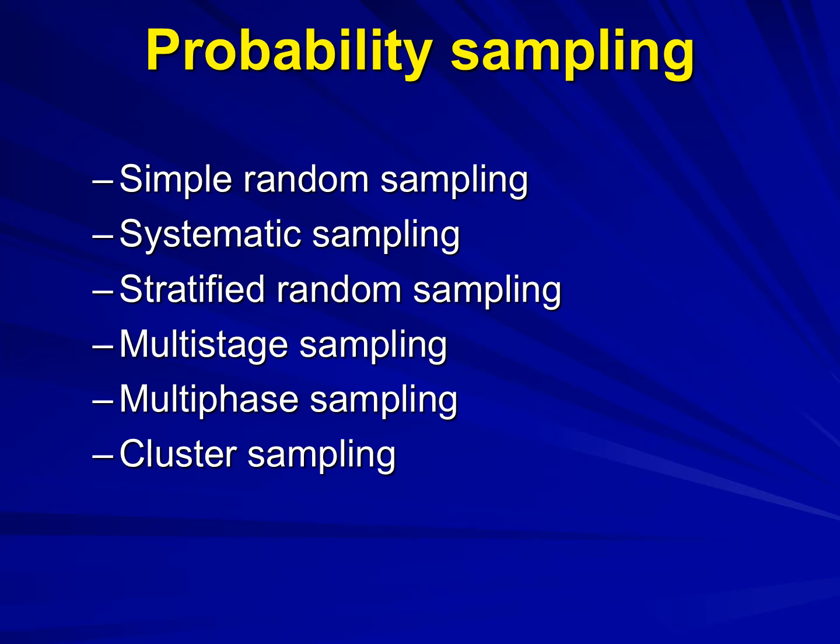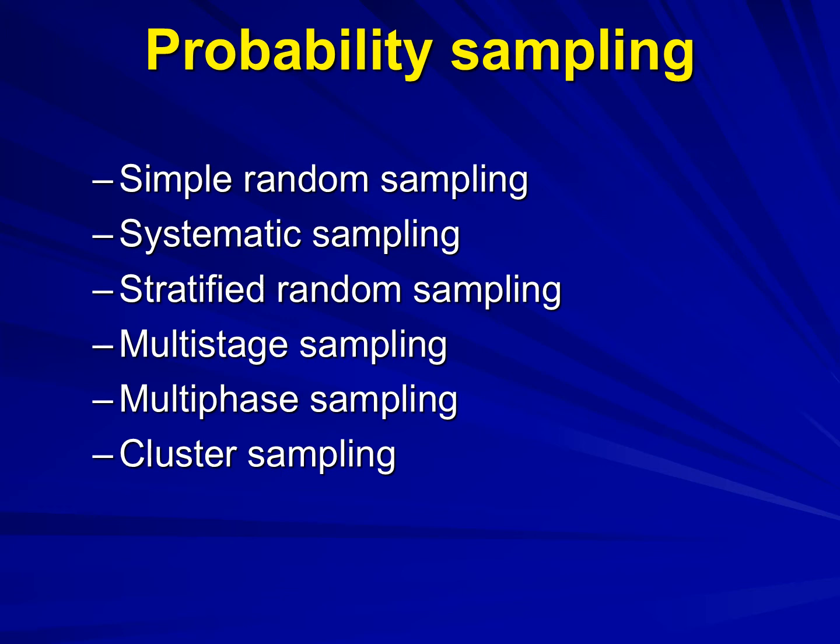Let's see the details of the probability sampling method. The important feature in probability sampling is that each individual unit in the total population, that is, a sampling unit, has a known probability of being selected. It is also possible to make generalizations to the parent population with measurable precision and confidence.